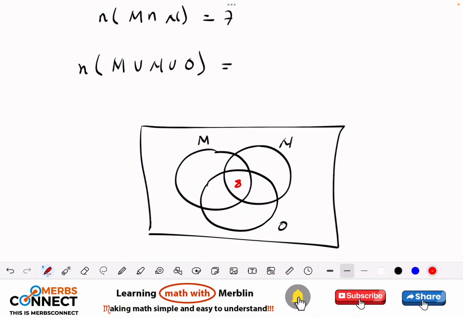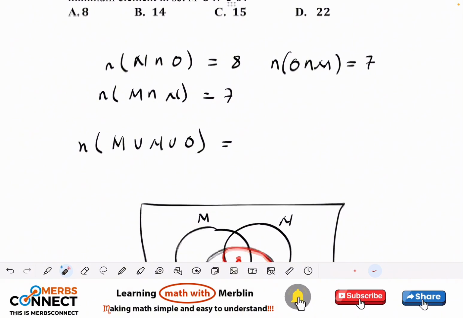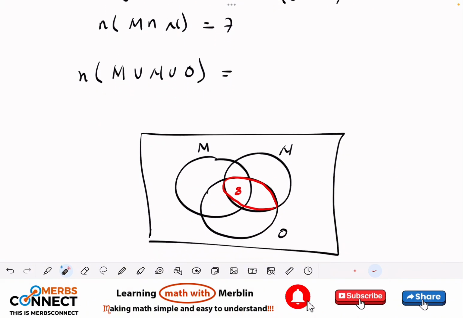So when I place 8 in the middle, the question is, what is this shape here? Now remember, this shape is N intersect O. What is N intersect O? N intersect O is 8, right? It's 8. So it means that